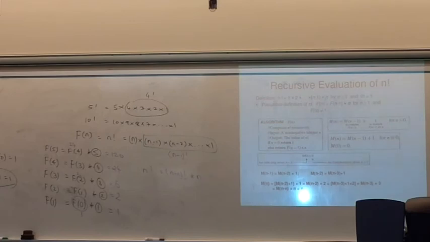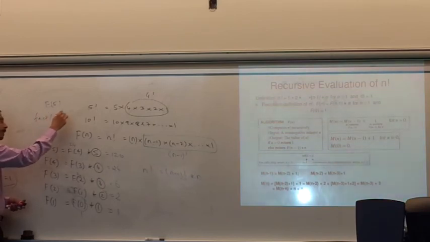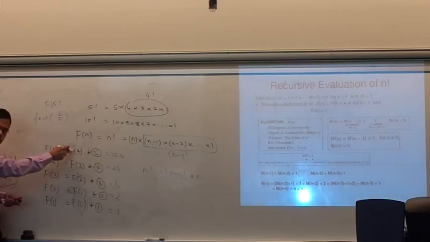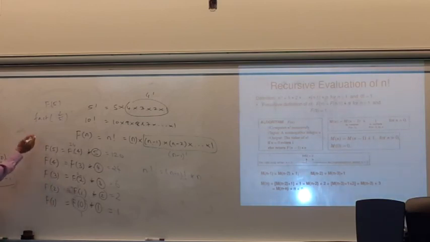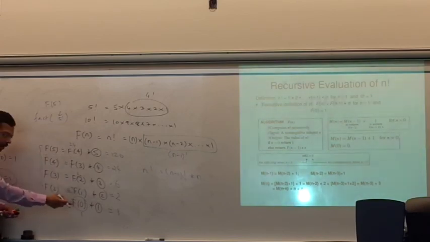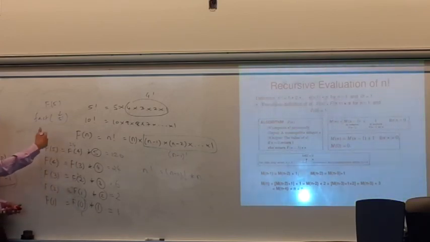Right? So where does the stack thing that I told you before come in here? If we want to find f of 5, you are calling the factorial function once, and you're passing 5 as the argument to that function. And what that internally does is call factorial of 4 to find factorial of 5. To find factorial of 4, you have to call factorial of 3, and so on. So all these things, like I laid out here, have to be stored in the stack, because these are all active function calls. Because you call f of 4 to find f of 5, then you call f of 3 to find f of 4, and so on. You go all the way down here. And then you go back and solve